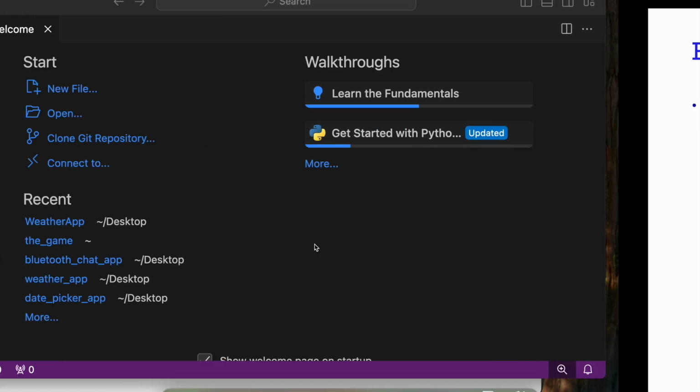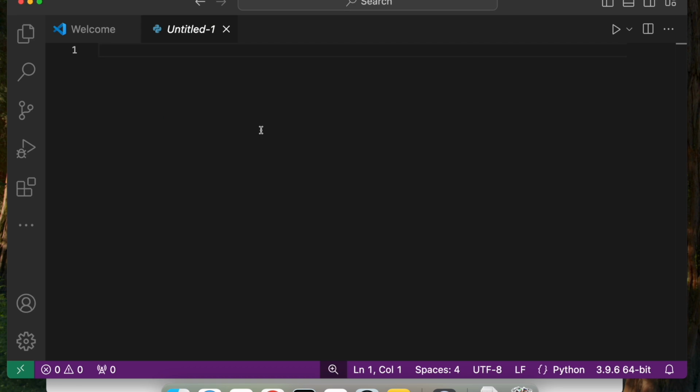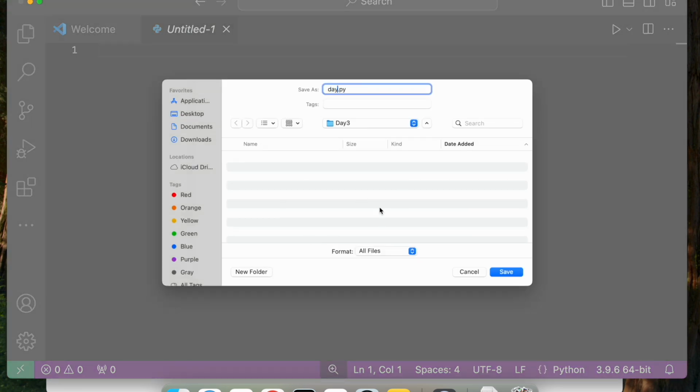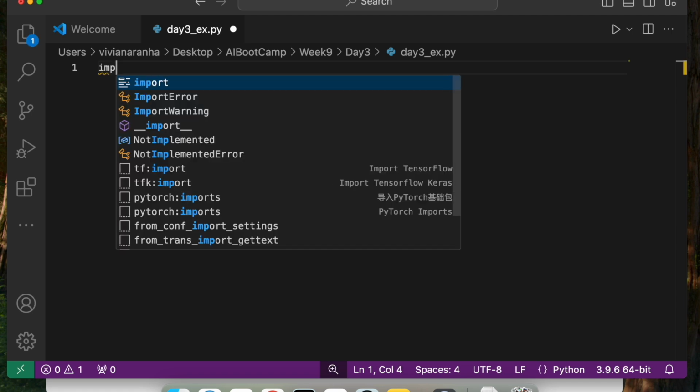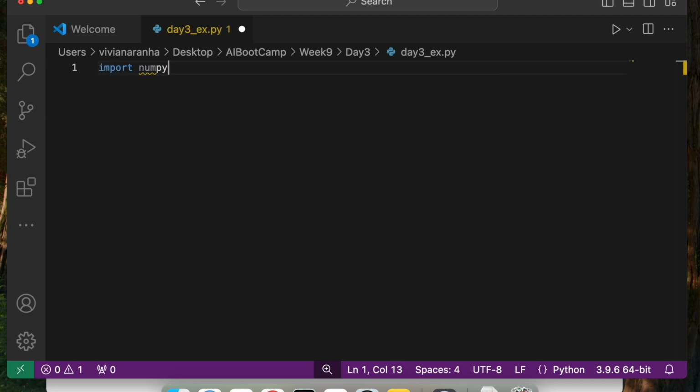So let's go ahead and start with a new file, call it day3_exercise.py. Start with import numpy as np. Then let's get the mean squared error, MSE, loss.